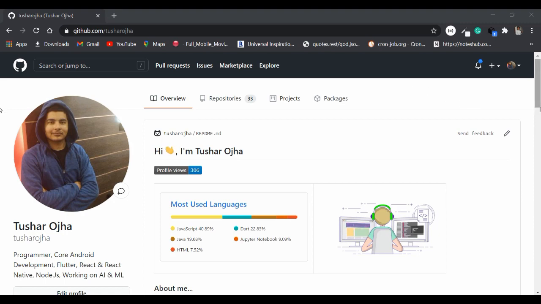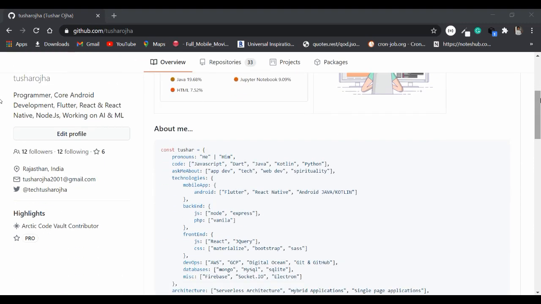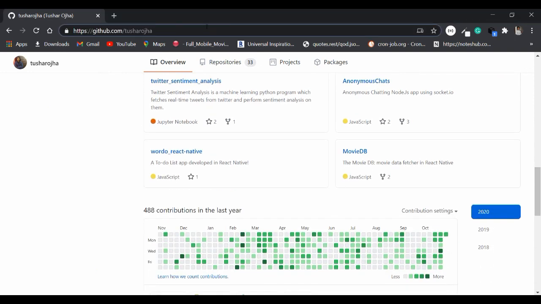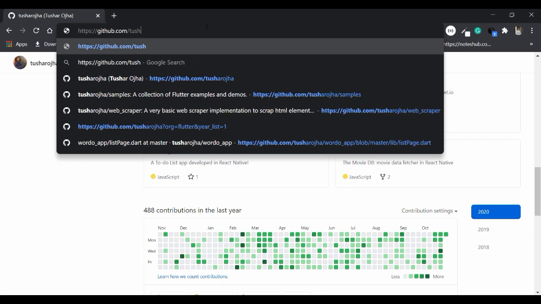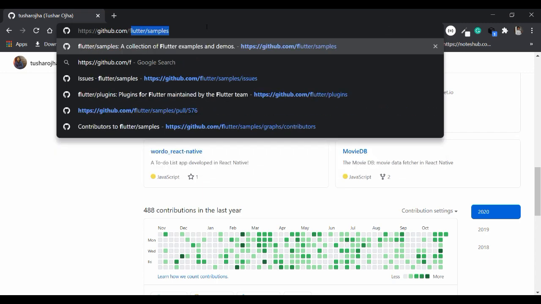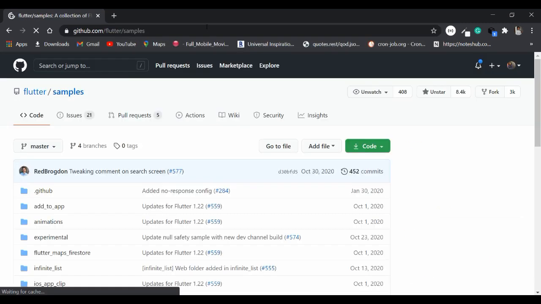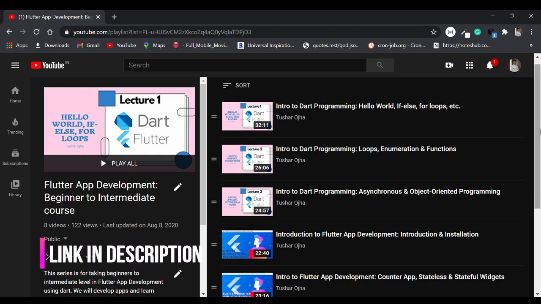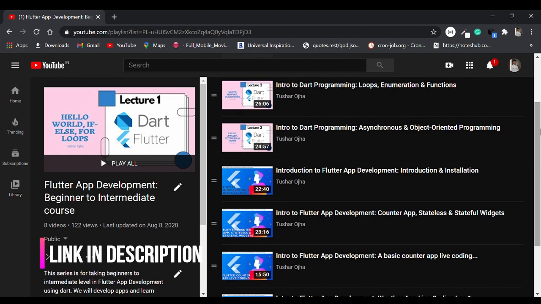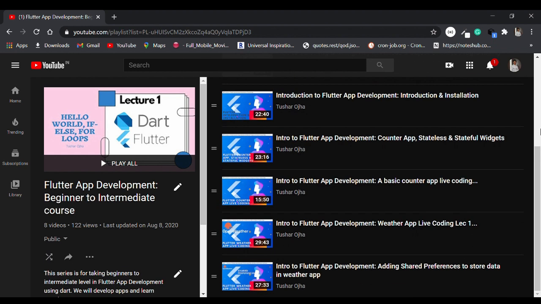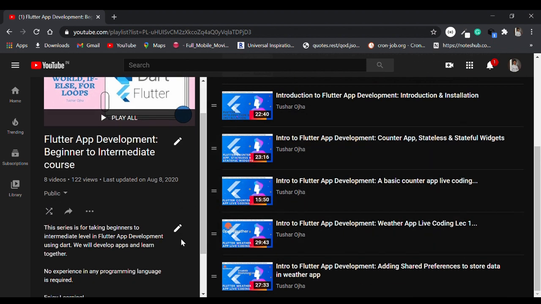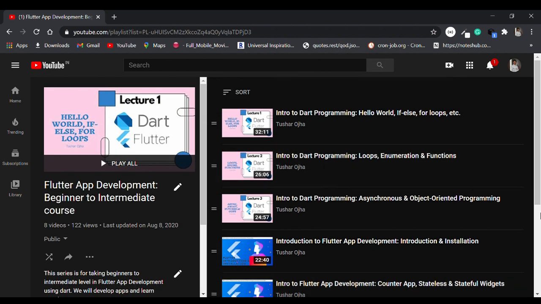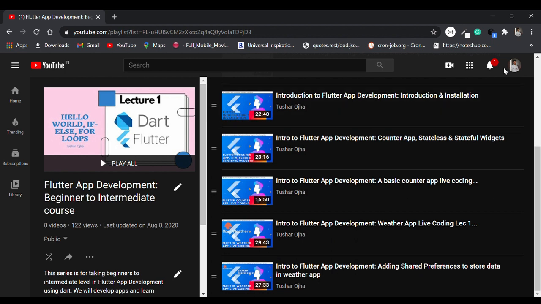We will contribute to one of the repositories of the Flutter organization, known as Flutter Samples. Let me show you the Flutter Samples repository on GitHub so that you can have a good idea about it. If you want to know more about Flutter, you can watch my Flutter series. It's really good from beginner to intermediate level, because I never say that I'll take you to expert; for that you have to work. Okay, so here is the Flutter Samples repository.